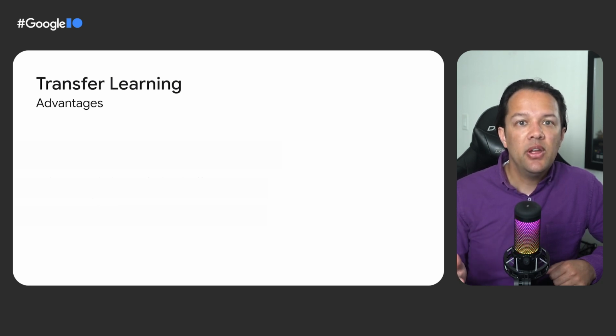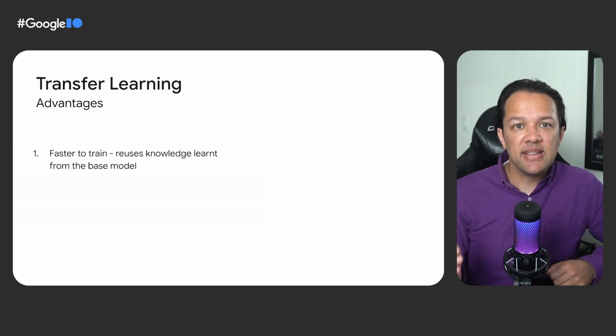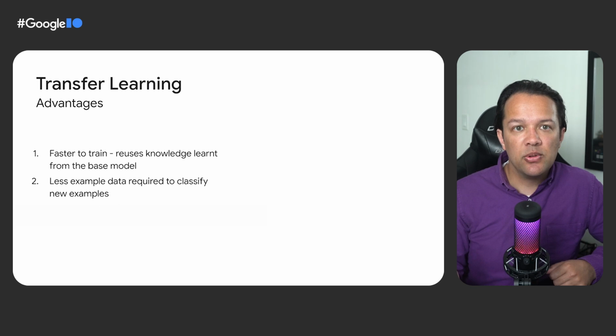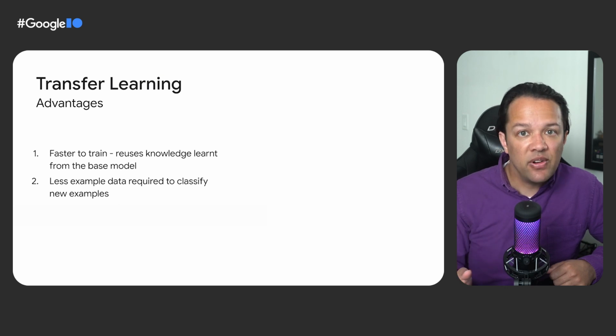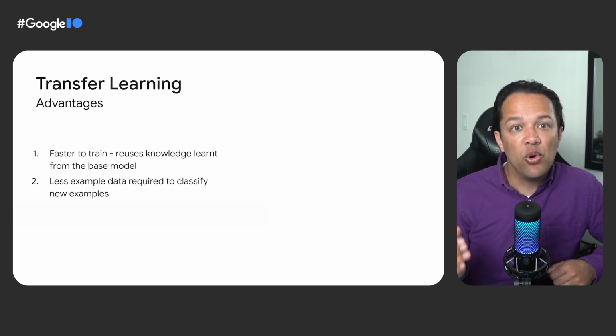But what are the advantages of using transfer learning instead of training the whole model architecture from zero? Well, first, time of training is a key advantage of using a transfer learning approach, as you already have a trained base model to build upon. Secondly, you can get away with showing far fewer examples of the new thing you're trying to classify due to the prior training that's already taken place. This is really great if you've got limited time and resources to gather example data of the thing you want to classify and need to make a prototype quickly before gathering more training data to make it more robust.